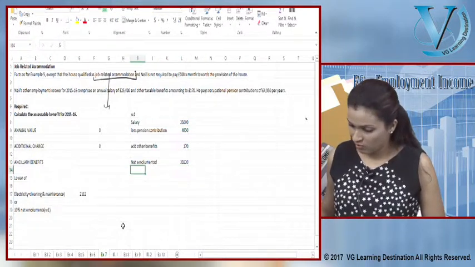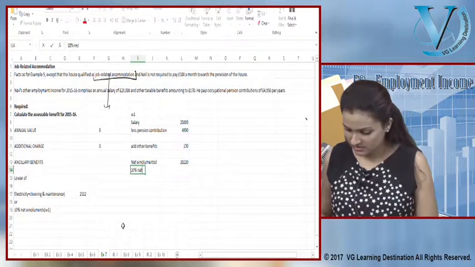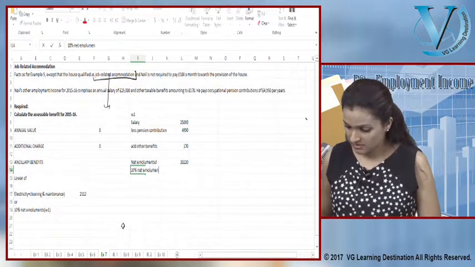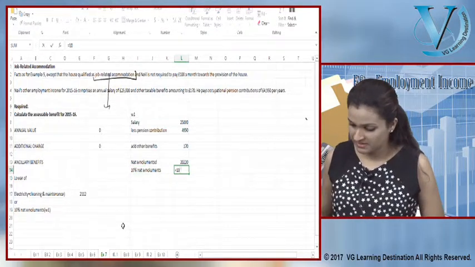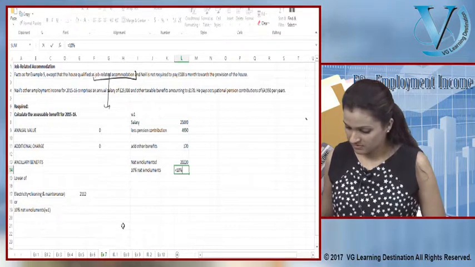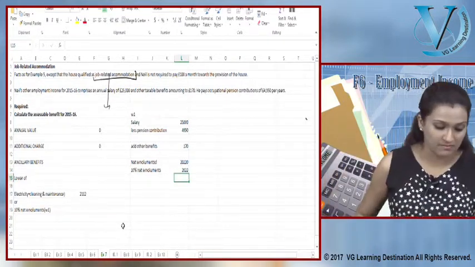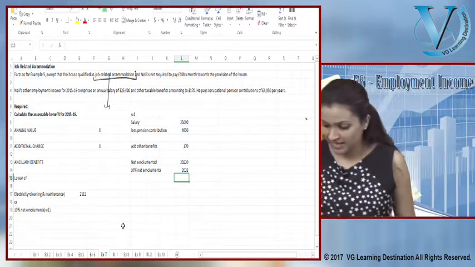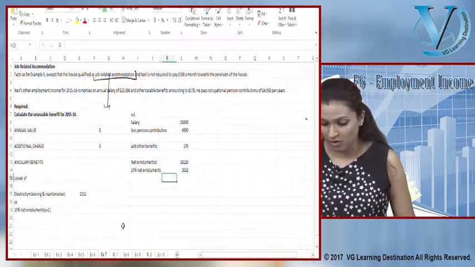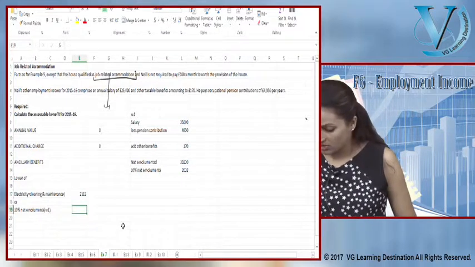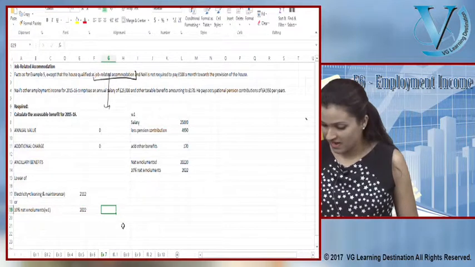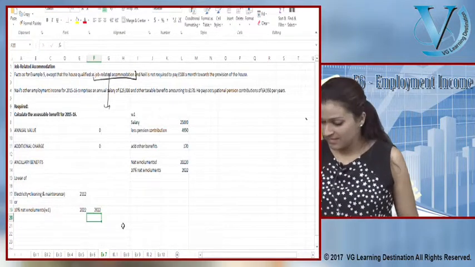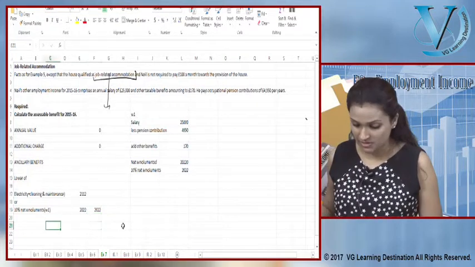Let's do 10% of these net emoluments, which now come out to be equals to 10%. 2022 becomes the total value net emolument. So what we have to do, we have to take lower of 2112 or 2022. So obviously we're going to take 2022 as the value of the net ancillary benefits, which is going to become taxable,